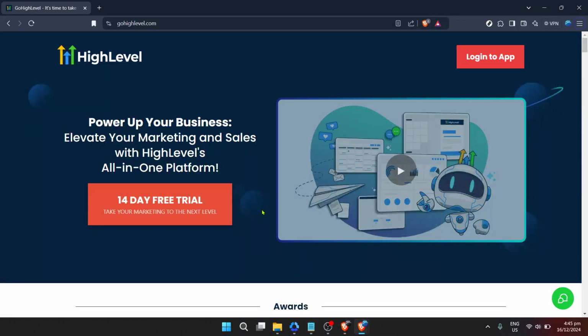In today's video, I'm going to teach you how to seamlessly merge contacts in Go High Level, a crucial skill for maintaining an organized and efficient database. Whether you're dealing with duplicates or simply want to consolidate information, this guide will walk you through each step with clarity and detail. First off, begin by navigating to the Go High Level website.